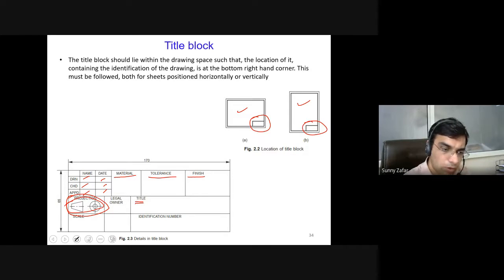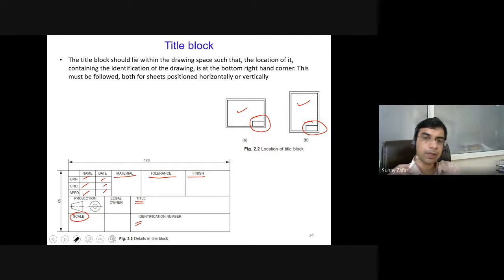Then each drawing is given an identification number. Generally these drawings are stored in big almirahs, and the almirah has a specific rack for each drawing, and generally we give the number of each drawing. Then if you want to access a particular drawing, by looking at the rack number, we can see that particular drawing. And then an important aspect of each of these drawings is the scale. I will discuss in the next slide the importance of scale.